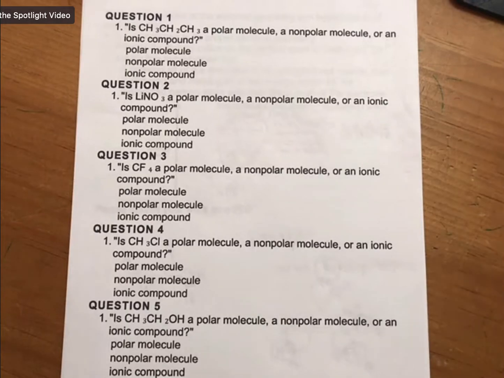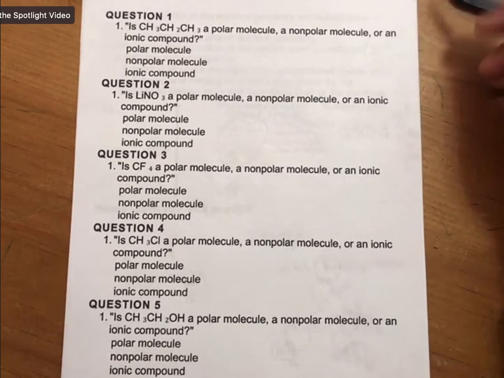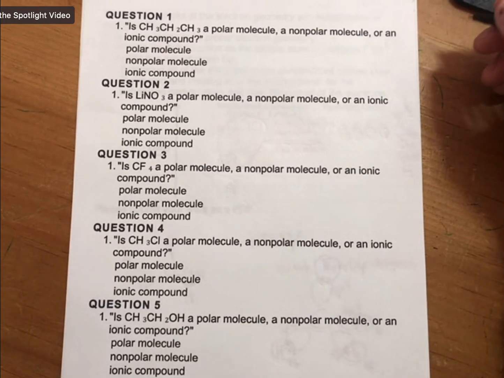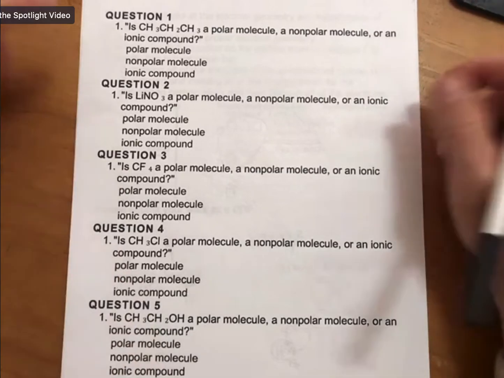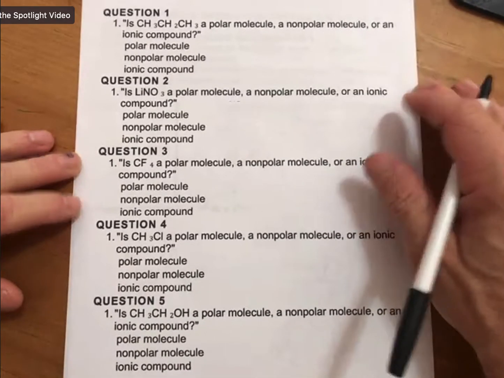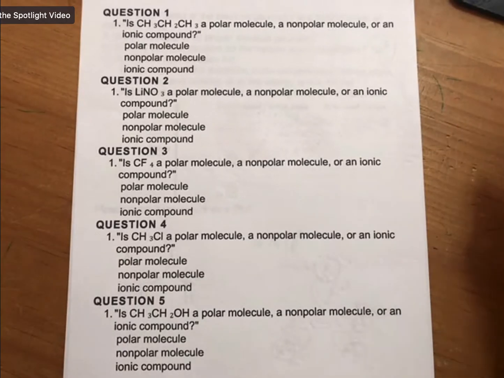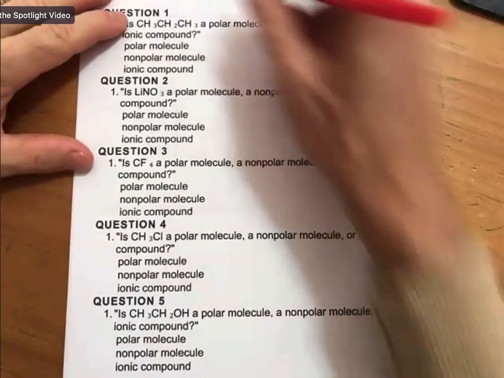To tell if a molecule is polar, nonpolar, or ionic is a very important part of this class. That's why I ask you at least 5 of them just in this, and each one is worth probably a quarter point, but it does add up. And my process for doing this is,